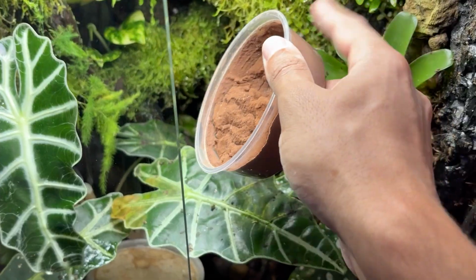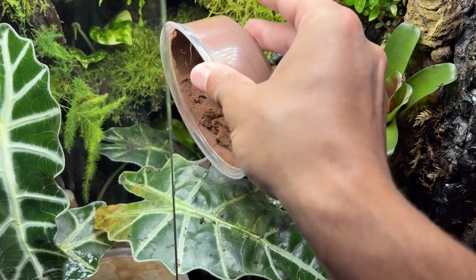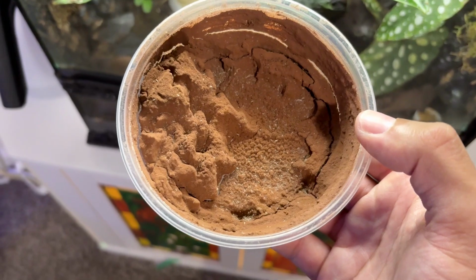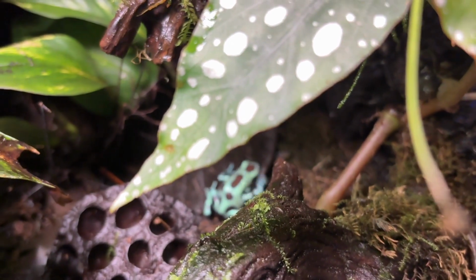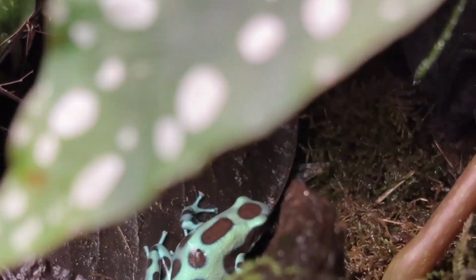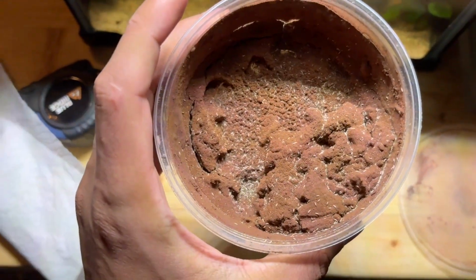Our second tip is keeping your tank stocked with microfauna that your frog can eat. For us, this means springtails. Springtails are these tiny detritivores that help break down the waste in your tank and can eat fungus and mold. They are critical for the health of any bioactive vivarium. They make a great fatty snack for your dart frogs, who will often opportunistically prey on the springtails that they